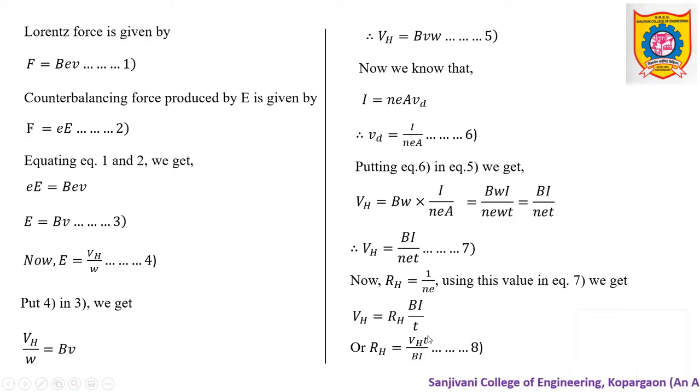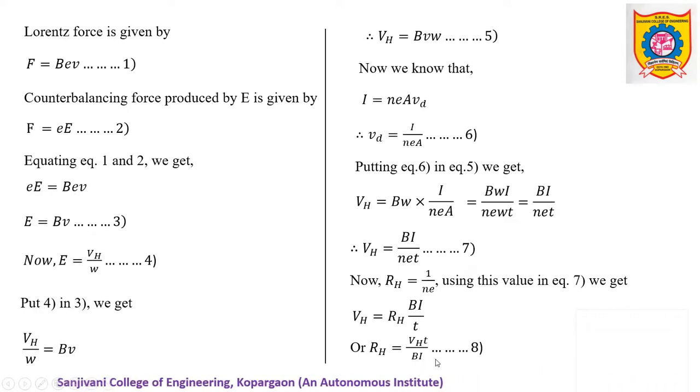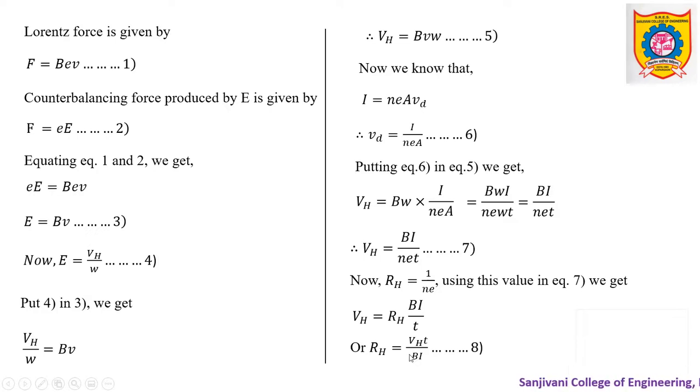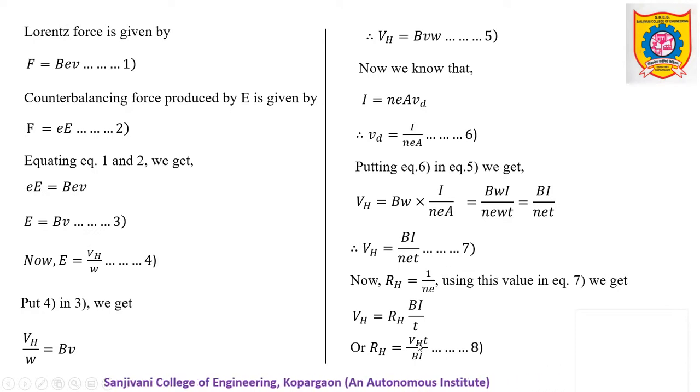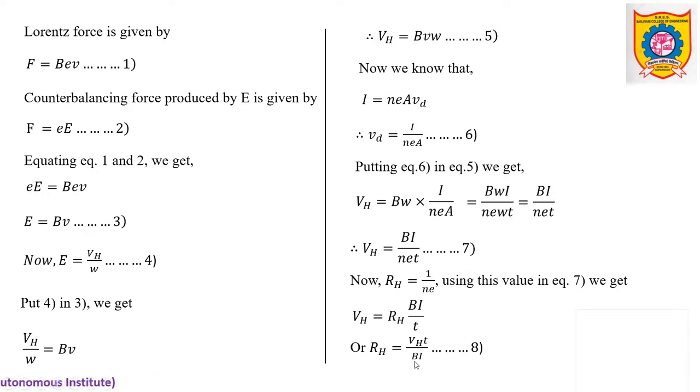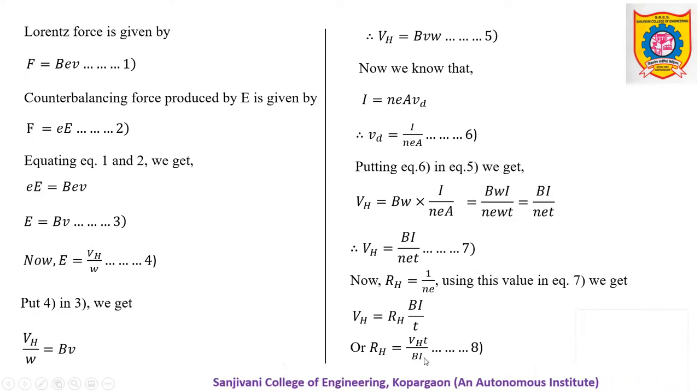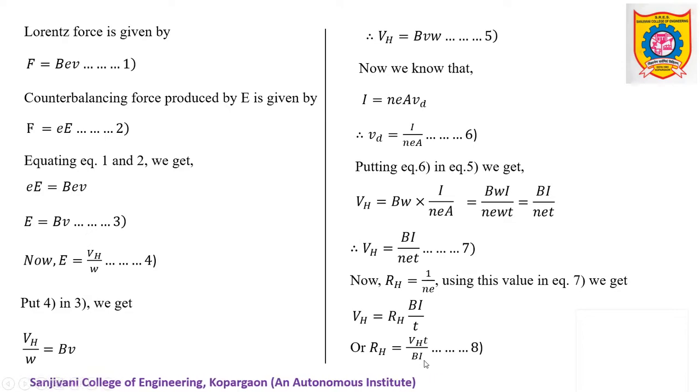Similarly, again imagine that you are performing the experiment by keeping all the parameters constant, and now you are increasing the magnetic field. Current is also constant. While increasing the magnetic field, we will notice an increase in Hall voltage once again. That means another conclusion comes that this Hall voltage is directly proportional to B also. Okay, so overall in general we can say that this Hall voltage will increase if we increase either B or I. So these things can be practically well observed.